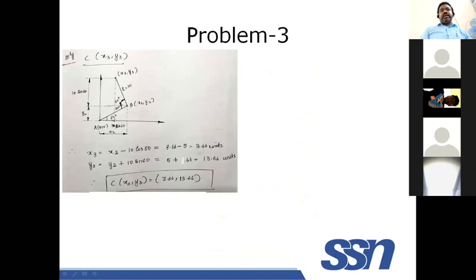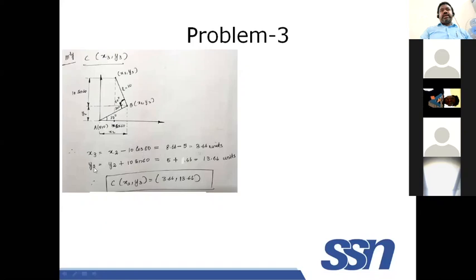Okay. Since this side is making 30 degree, draw a parallel line. This will be 30. Therefore, this angle will be 60. This is 60. Now, this length I can project along this horizontal line. What about this length? L cos 60. L cos 60 will be this length. I am interested in finding out this length. Okay. So, x3 is going to be from here to here. X3 is going to be x2 minus this length. What is this length? L, 10 cos 60. Okay. So like this I can find out x3.